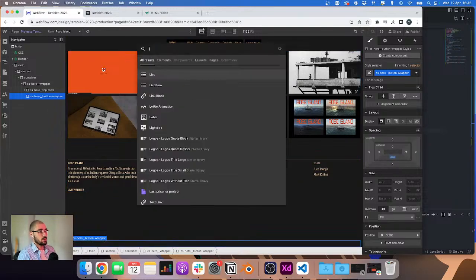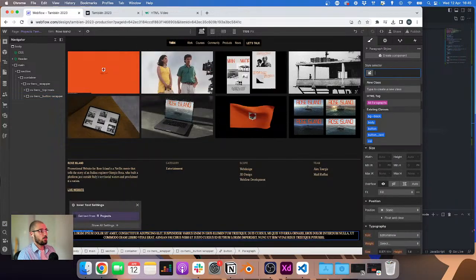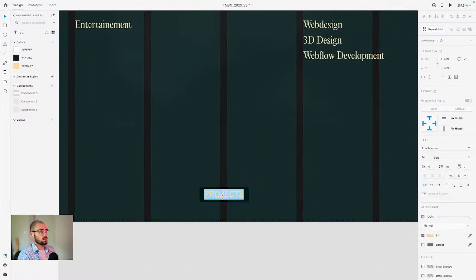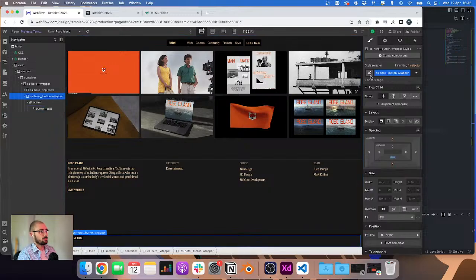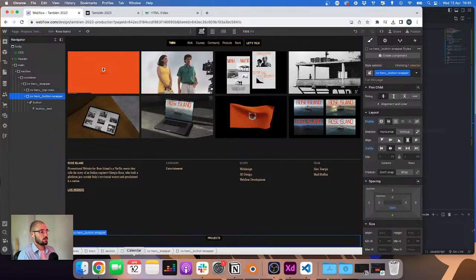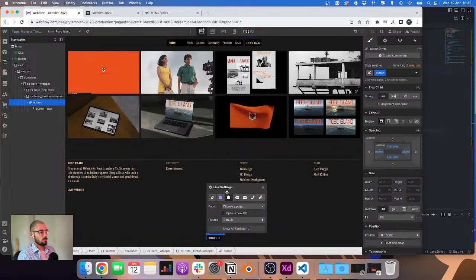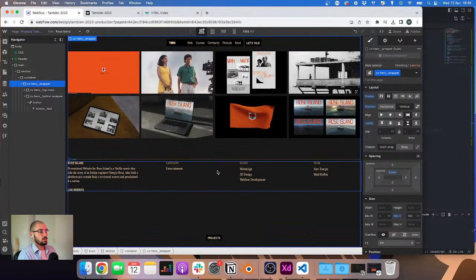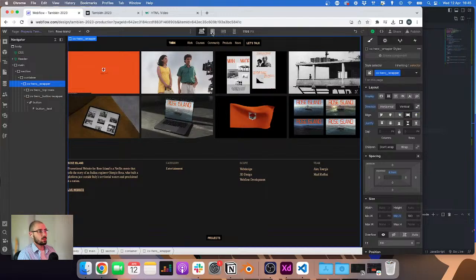And let's add a button. Link block. Then a paragraph, button text, project. All right. And we are good for the desktop, at least. Let's take a look at what it looks like